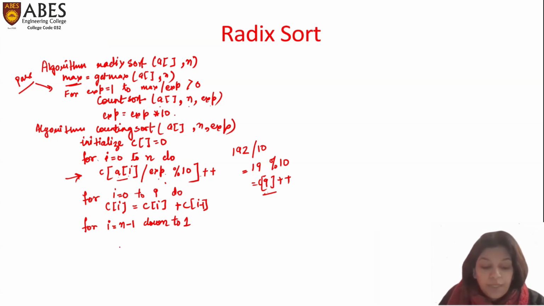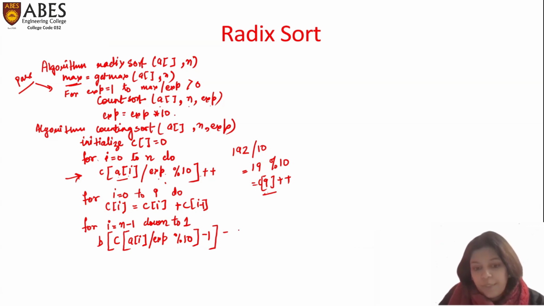Now, here what we are going to do is, we are going to take AI, that is the value from the input array, and then we are going to divide it by the EXP that we are getting, and then we are going to modulus it by 10, and then this value we are going to see in the counting array, and then we reduce it by 1 because the indexing starts from 0. So we are reducing it by 1, and then we are finding it out in B, right? And the value which will be stored in the B array, that is the output array,